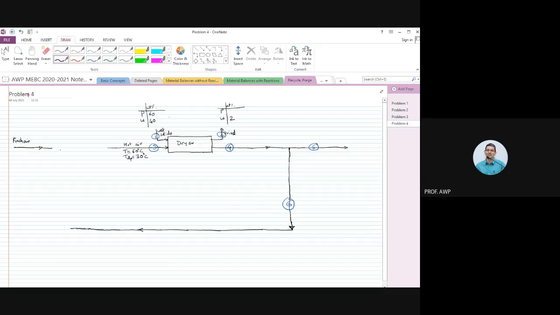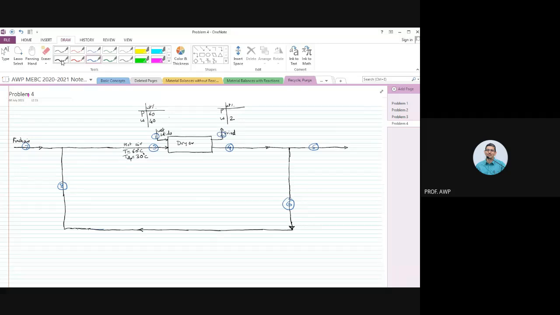So we will mix the recycled air with the fresh air and then send that mixture to the dryer as stream number 3. So we got 1, 2, 3, 4, 5, 6. So let's call this stream number 7. Let's call this stream number 8. So fresh air,